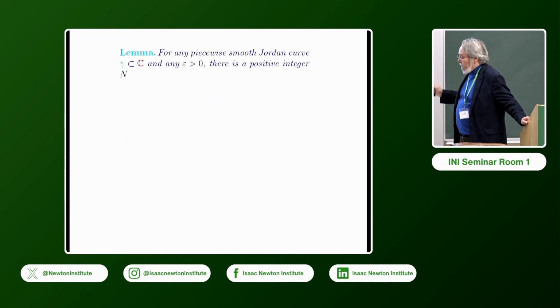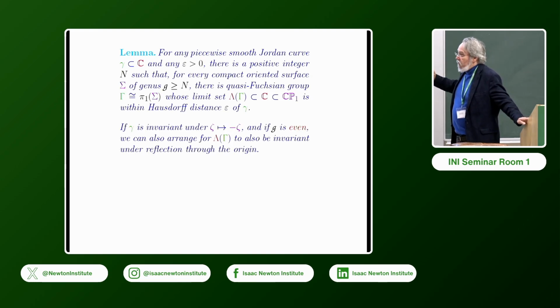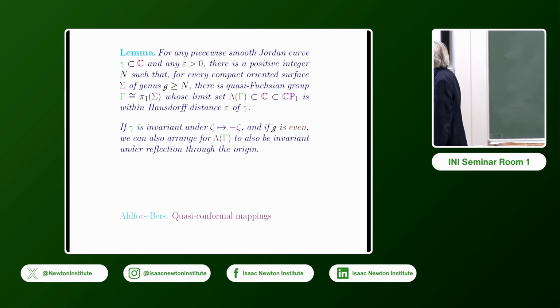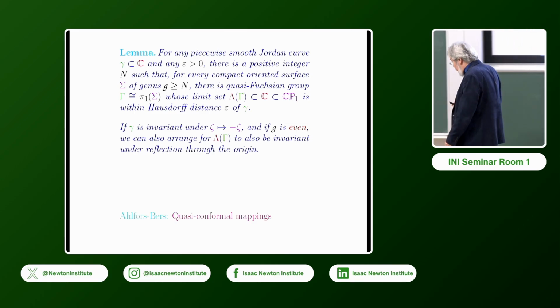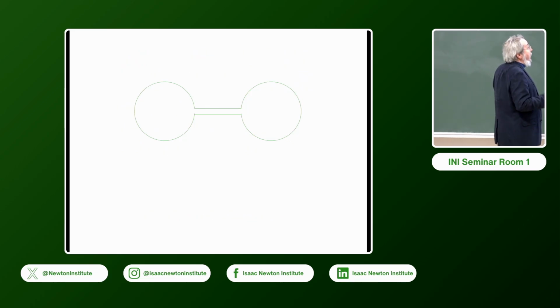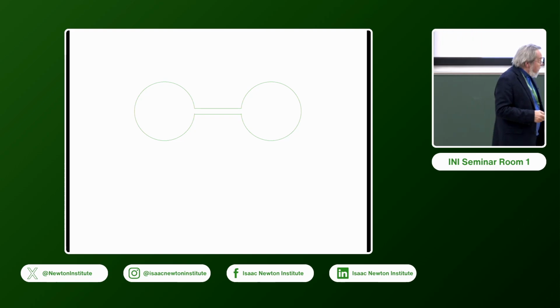Okay, and I'm out of time, so I'm going to just wrap up very quickly to say that the idea depends on the theory of quasi-conformal mapping of CP1, going back to Ahlfors and Bers. And the idea is you take some curve in the plane, which looks like a dog bone. You have a couple of circles joined by a corridor,